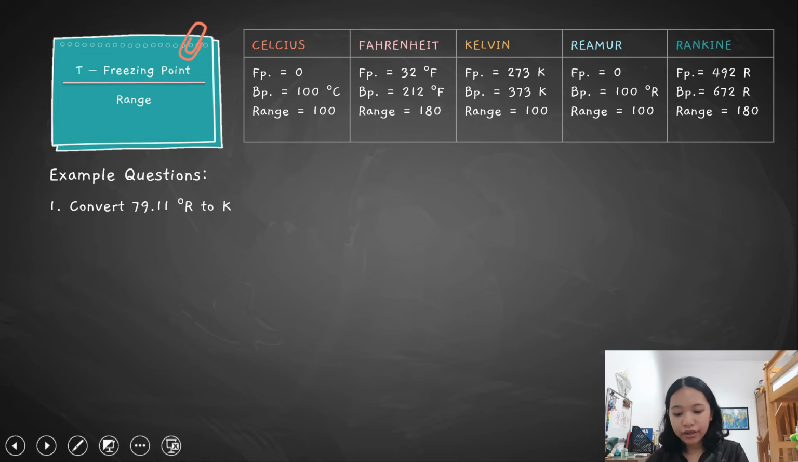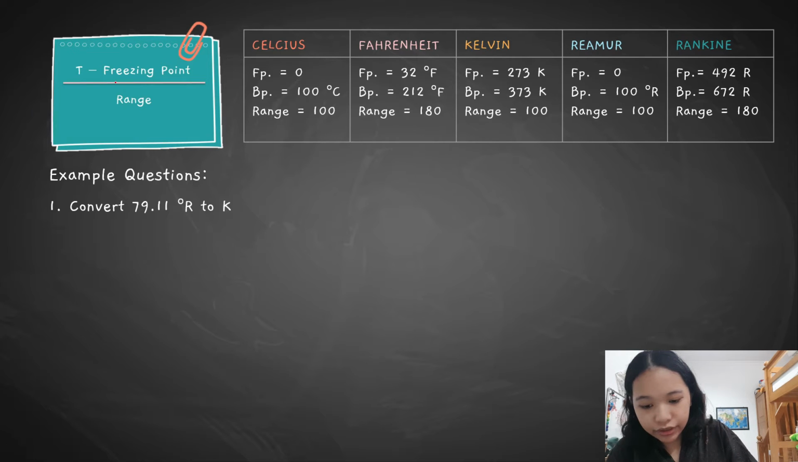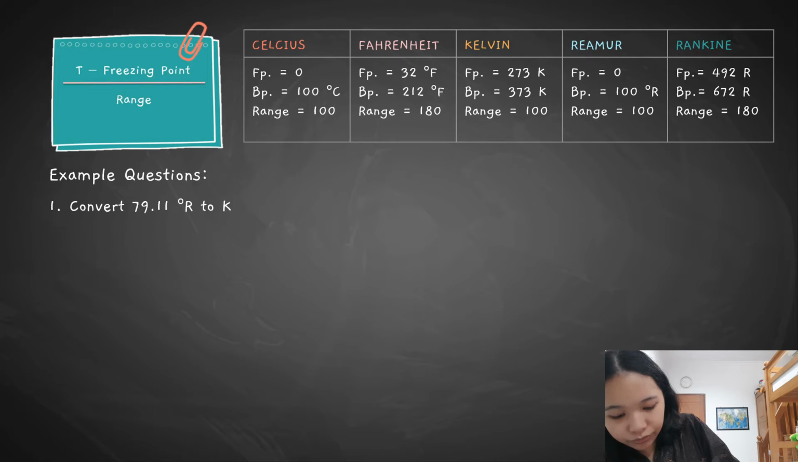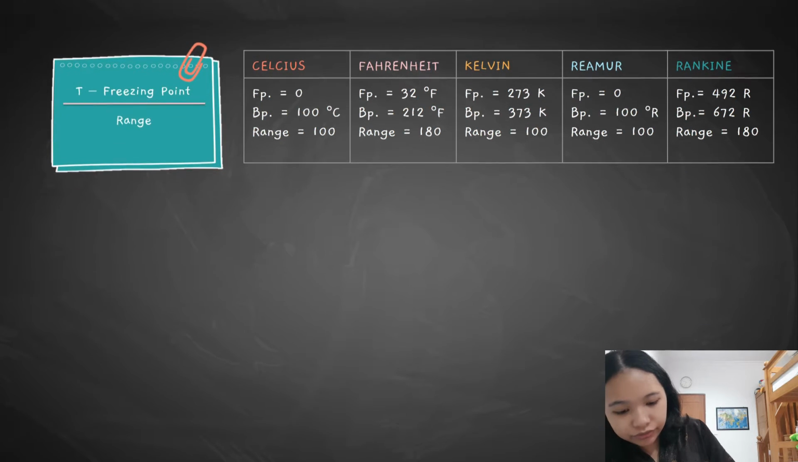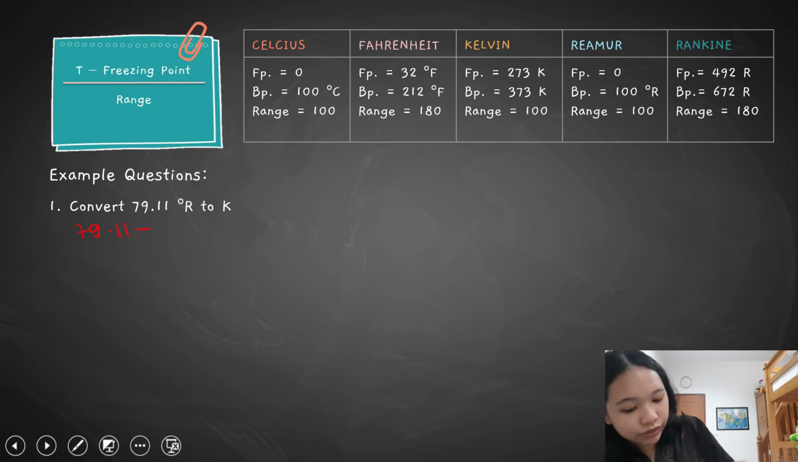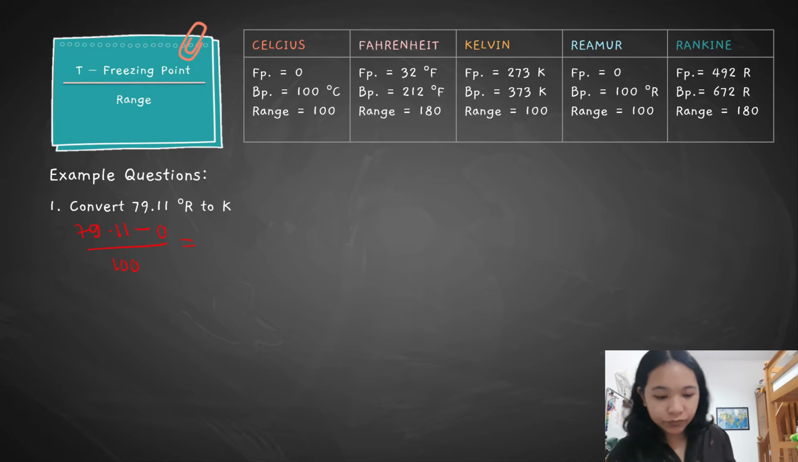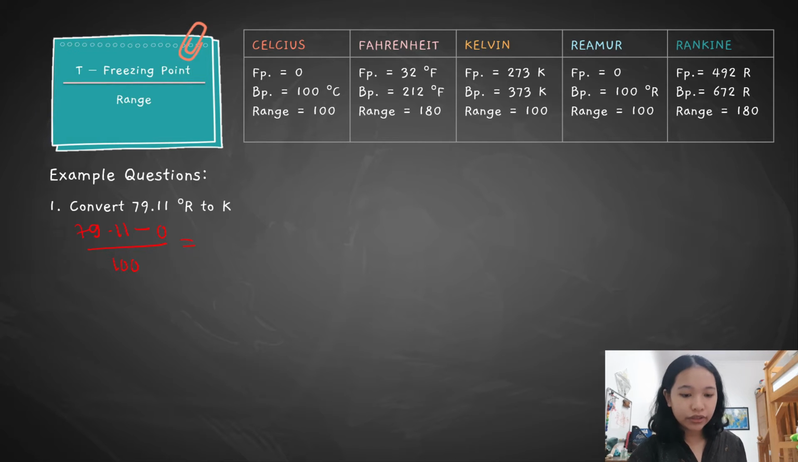Okay, I hope everyone is finished answering. Let us discuss together the answer. So the formula says that we need the given temperature. So we write down 79.11 minus the freezing point of Reaumur, which is 0, over the range of Reaumur, which is 100, equals, so our target unit is Kelvin, so we need to